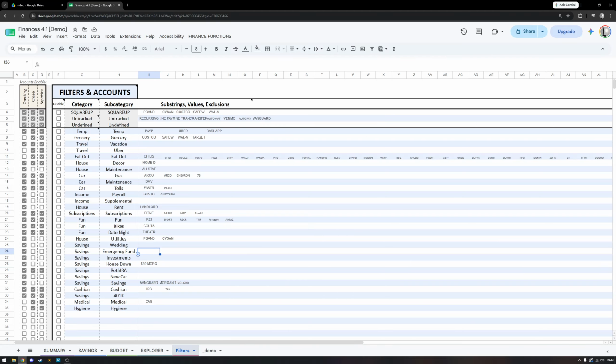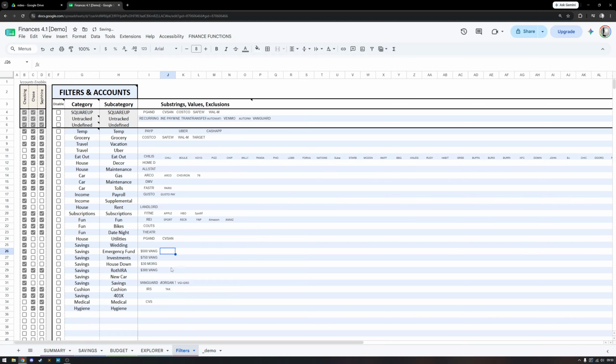We may say that the $300 goes to a Roth. We can type that as $300. Then we use the colon to separate, and then we can add text. The text is important. If a dollar value does not also have a text value, it will not match. So with this, we can say $300 with the text or substring Vanguard would go to the Roth IRA. We could say that $750 from Vanguard goes to investments, and that $500